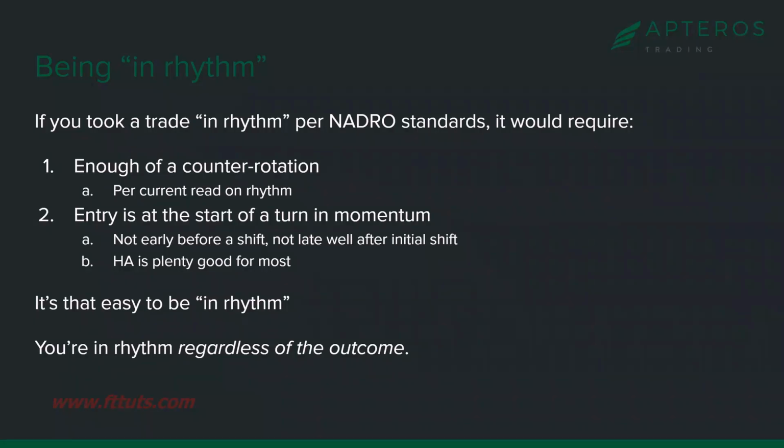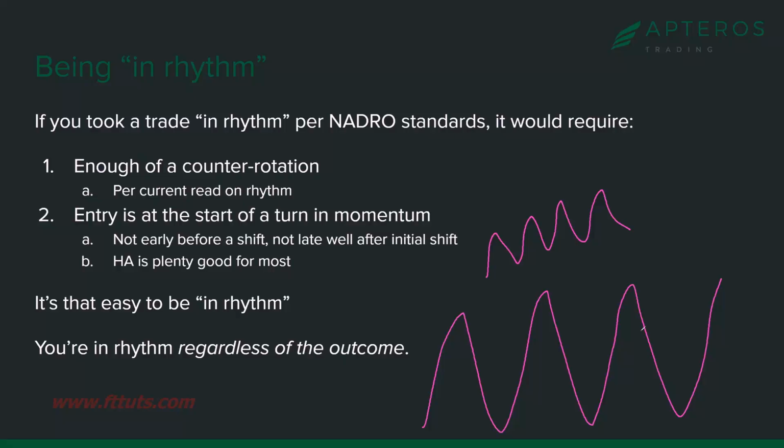Once you have a read on the general rhythm of the market, right? Is the market like this? Is the market like this? Just a general sense of the volatility and the rotation sizes you're seeing. Lord knows the past week or so, we've had to evolve in that sense, right? Volatility goes through the roof. I just showed you on this screen, there was a $2 down move, followed by a 60-cent up move, followed by a $1 down move, followed by 70 cents up, followed by $1.50 down. That's not normal crude trading conditions, right? That last market was crude oil we were looking at. You got to adapt to that type of volatility.